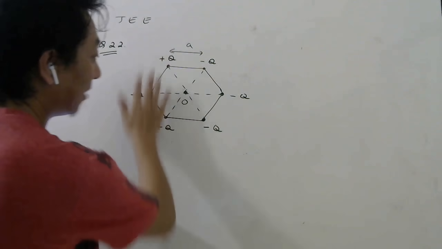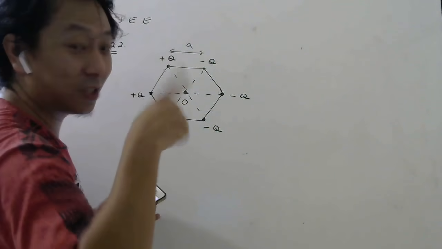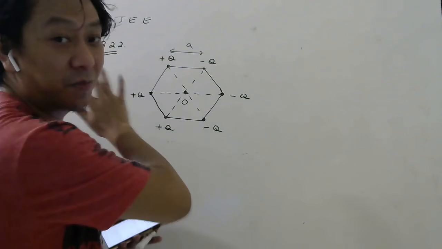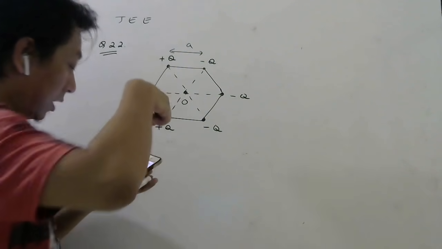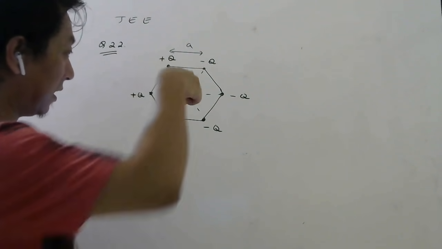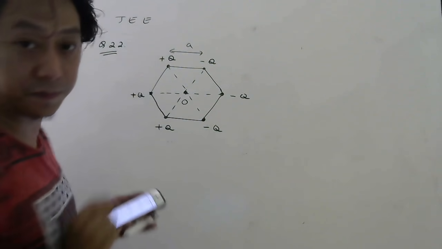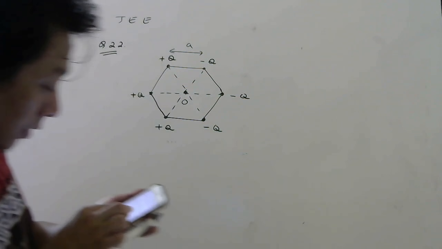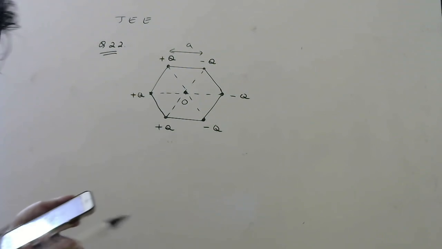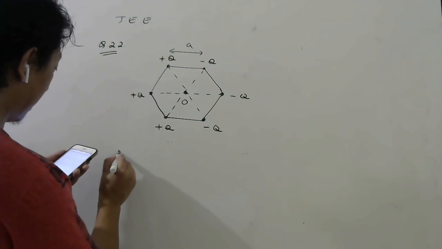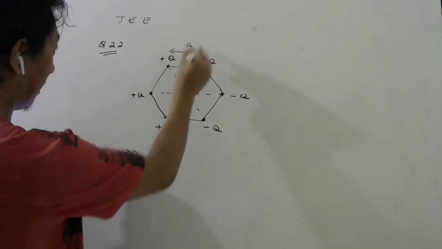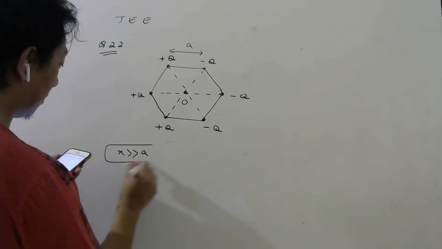So this is the plane of the diagram. So that line is perpendicular to this diagram. Means it is this line. So they want electric field in this line at a distance x from this pole. Okay. So how will we do this? Please mention somewhere that x is much larger than this a. So this should be mentioned. This should be given.